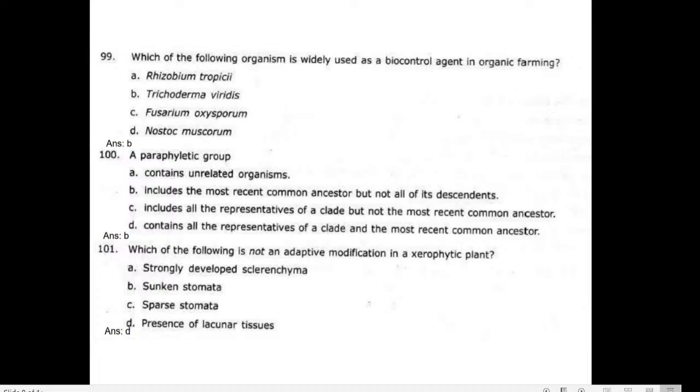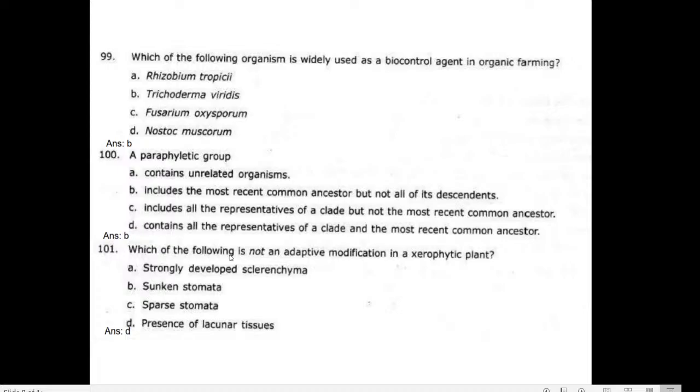Some plants are not able to grow in a desert. Some plants are able to grow in ice and snow. So these are all one type. This is a xerophytic plant. An example of a xerophyte is the pineapple. Pineapple also has specific characters. It is not able to grow in all places. It has specific characters and adaptations.